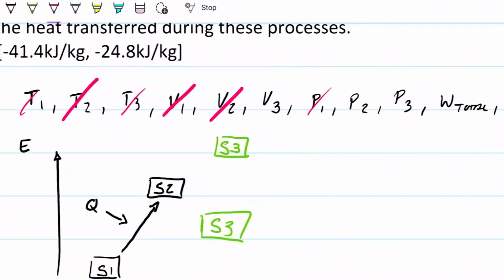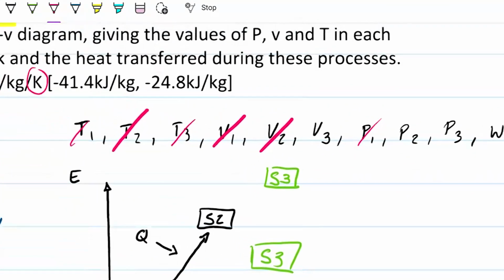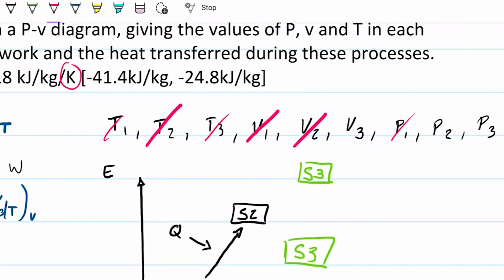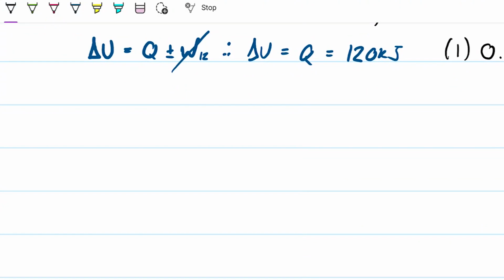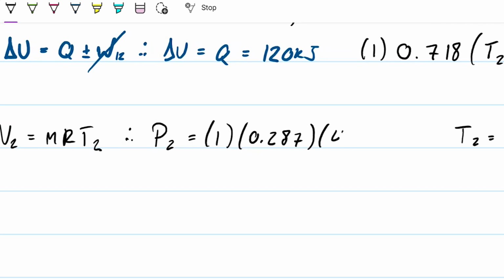We got volume 1, volume 2. Now we need to go to the third one. So we know it's a constant pressure process as we go from 2 to 3. So if we can find the pressure at 2, we can eliminate 2 of the unknowns. And that's relatively easy because we know that P2V2 equals mRT2. So therefore, if I want my pressure, all I need to do is my 1 kilogram times my 0.287 for the gas constant times my